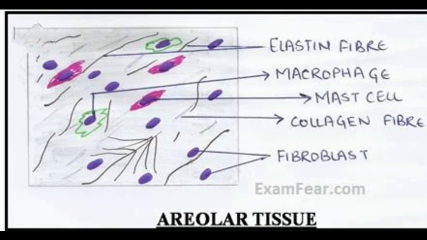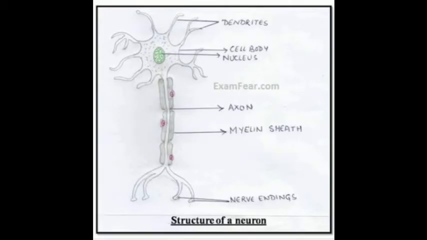In which blood cells are present in the plasma, like RBC, WBC, platelets, and it forms the matrix, and it helps in transportation of nutrients from one place to another. It also helps in exchange of gases. Clear? Nervous tissue is the longest tissue.